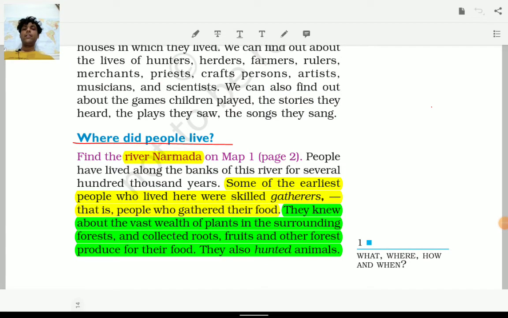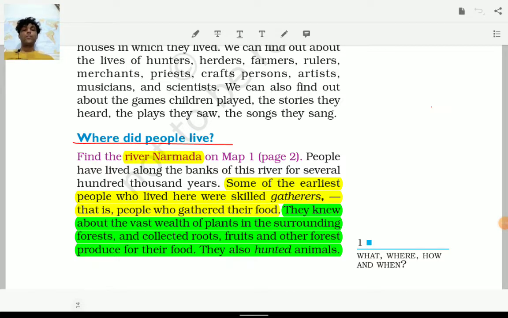First we will understand where did the people live. Okay, so as per the NCERT, it is referring to river Narmada. Some of the earliest people who lived here were near river Narmada. They were skilled gatherers. Okay, that is people who gathered their food. So it is very clear who the gatherers are: the people who gathered their food were called gatherers. They knew about the vast wealth of plants in the surrounding forest and collected roots, fruits and other forest